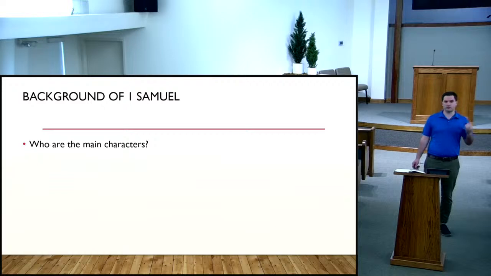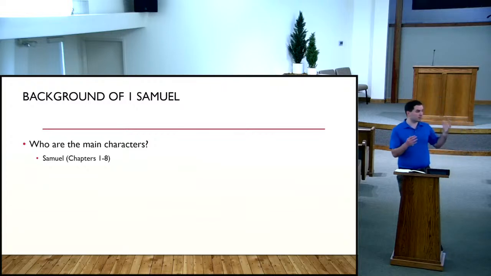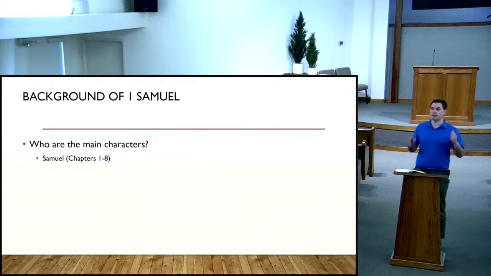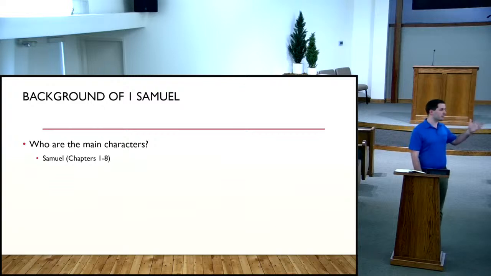So tell me who's the first big main character in the book? Samuel, right? Okay, so chapters 1 through 8 are predominantly his story, and the story of how he judges Israel. And there's this huge time gap where we're not really told a lot of details. We're told a lot about when he was a child, and we're told a lot about when he is an old man. Now, he doesn't die in chapter 8, but he kind of fades away from the story slowly, starting